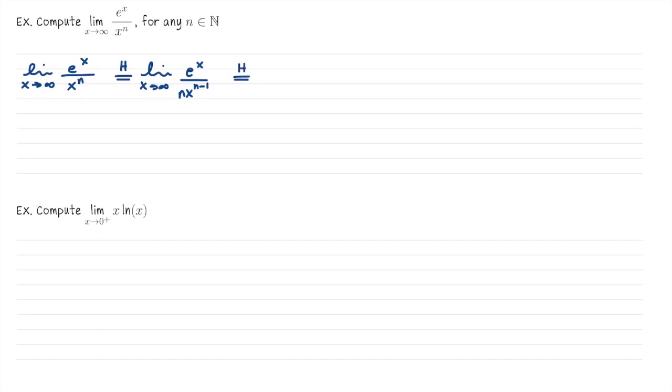So after another application of L'Hopital's rule, I would have the limit as x goes to infinity of e to the x divided by n times n minus 1 x to the n minus 2. And if this was still an indeterminate form, I would keep going. The n minus 2 would come down, n minus 3, until